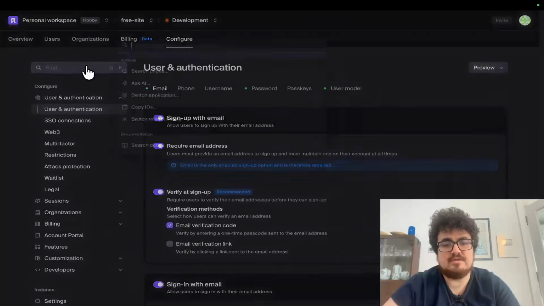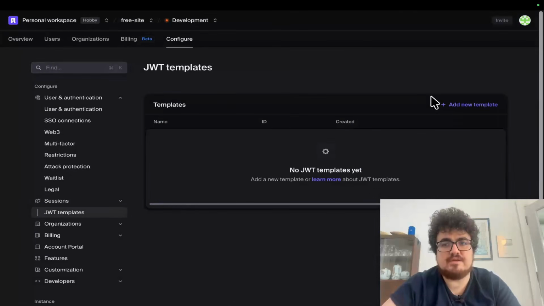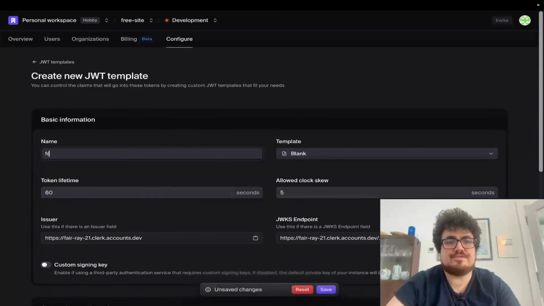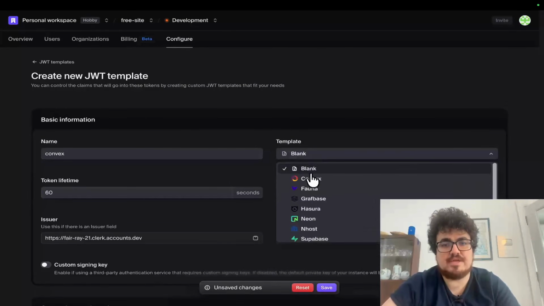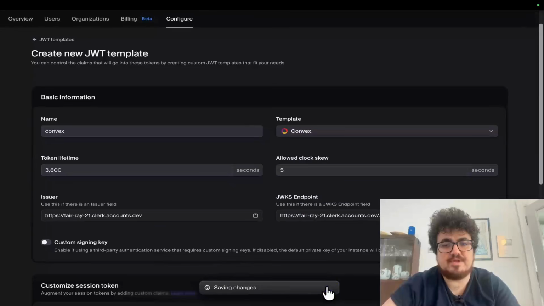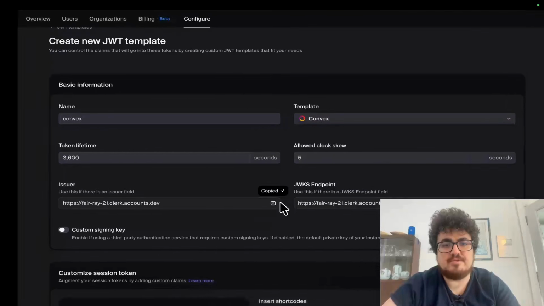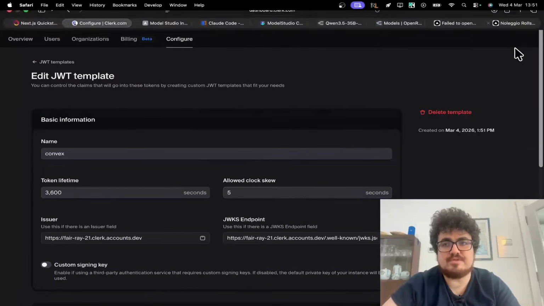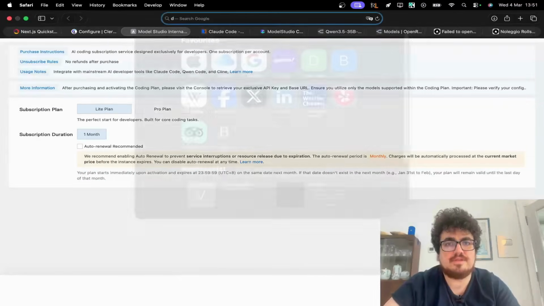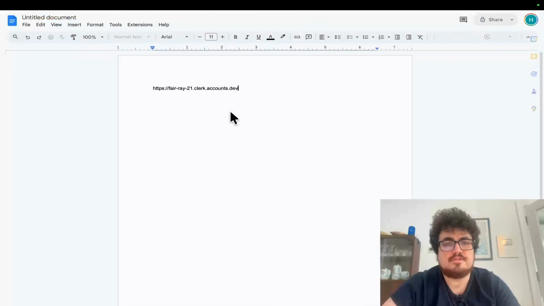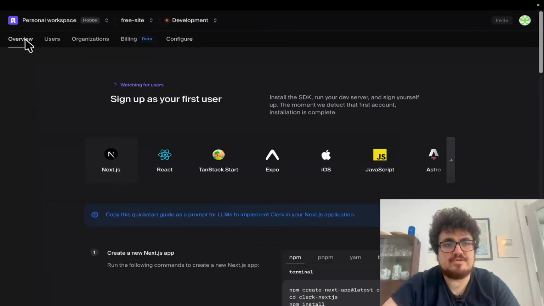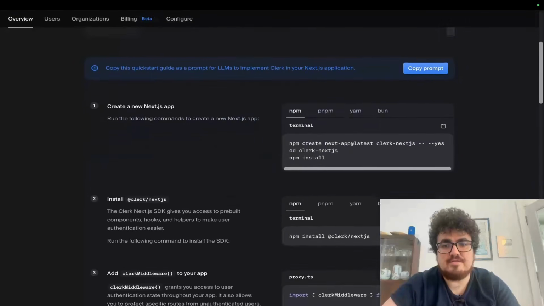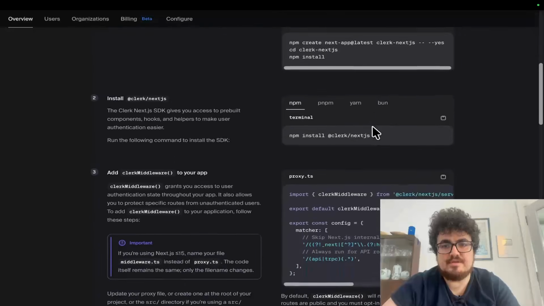We just need to go to configure, right, JWT templates right here, add new template, and call this convex with a lowercase c. Select the Convex template, press save, and then we're just going to copy some of these variables onto a docs.new, right? So we'll just go to docs.new. So variable number 1, and then if we just go on overview right here, and then copy, I think it's,